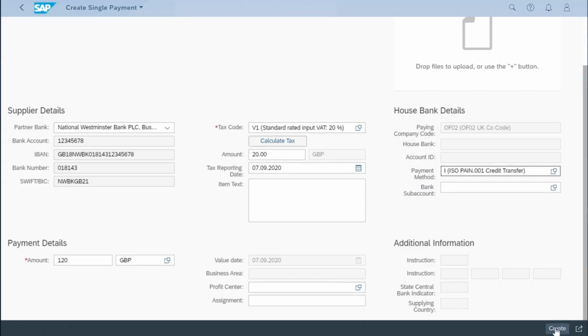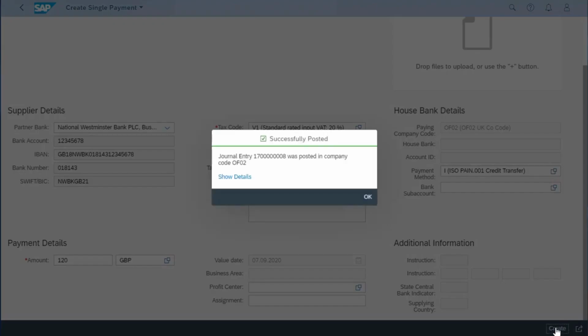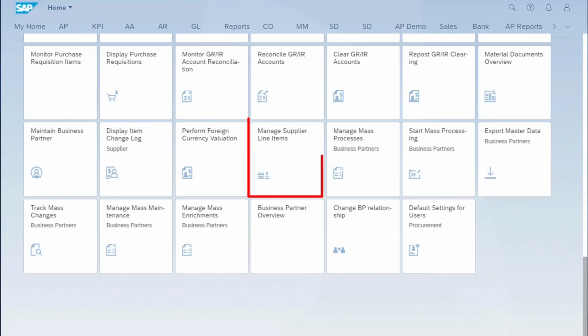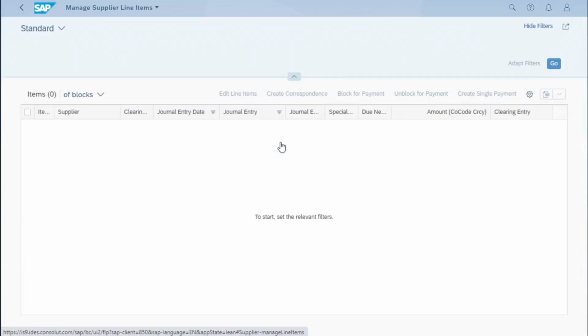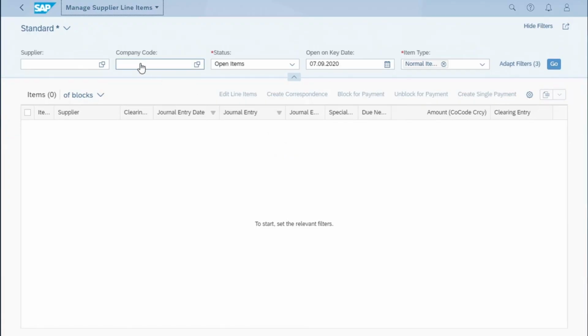And press Create, and the document number 17000008 is created. I will just go to the supplier line items so that you can have a look at it. I enter the same company code OF02 and